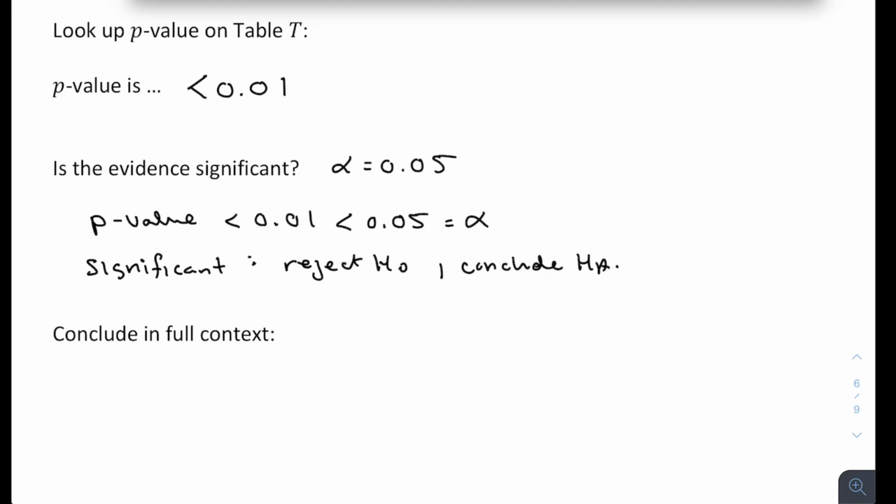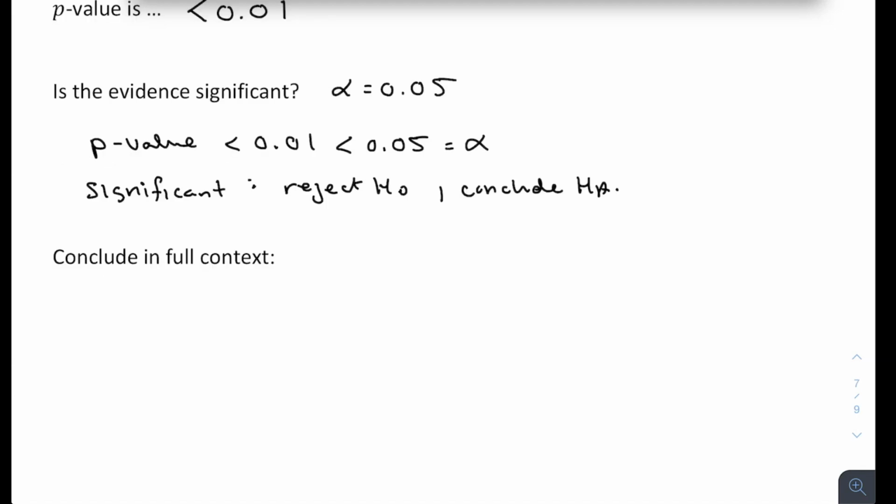And we can finally conclude in full context. If the assumptions are met, remember, we don't know if they are, so we need to hedge our conclusion a little bit. We don't know if this was a random sample, and we don't know then that the individuals were independent from each other. But if the assumptions are met,